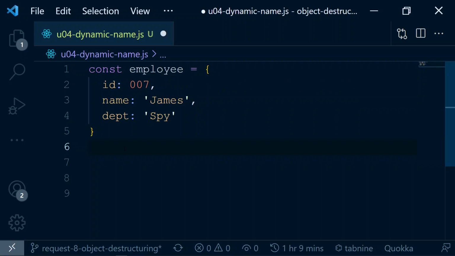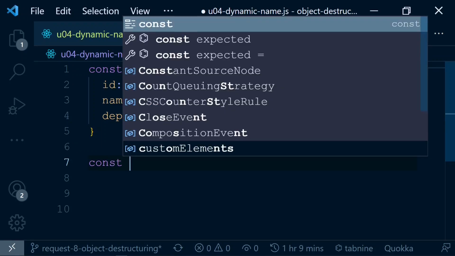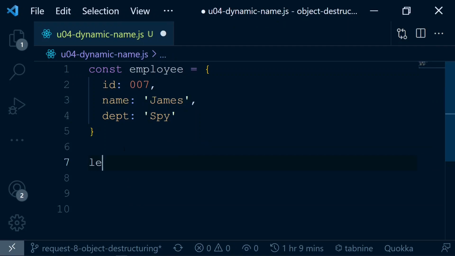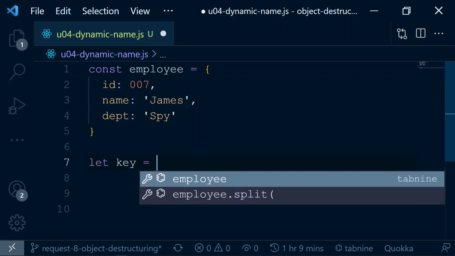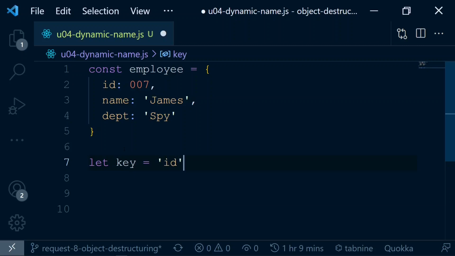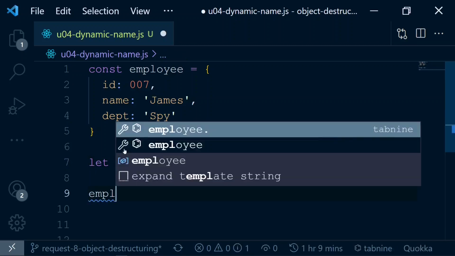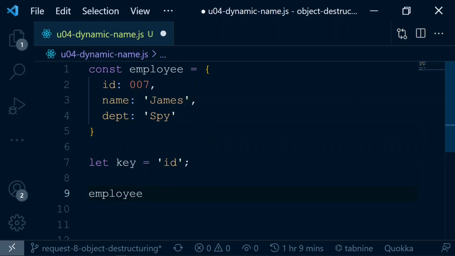But there could be a situation in your programming where you don't know the key name. It is coming dynamically, but you still want to retrieve that with object destructuring. How do you do that in that case? Let me show you first without destructuring how you are going to do it, and then we'll show how you do it with destructuring. So without destructuring, you probably assign it in a variable, say const. I think it makes sense to have it as let because the value will change. Say key equals, let's say, id, and then you have that employee object,